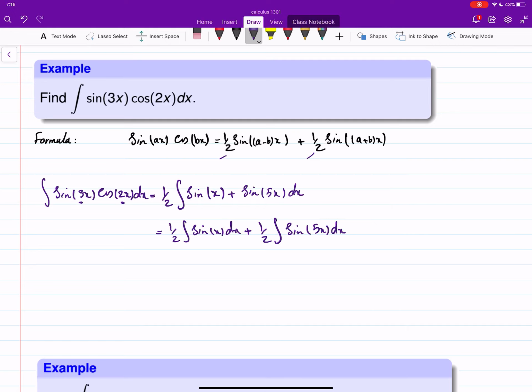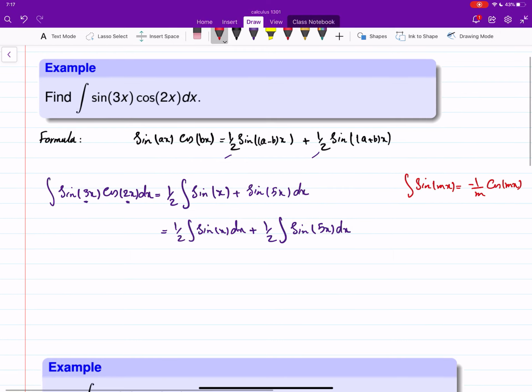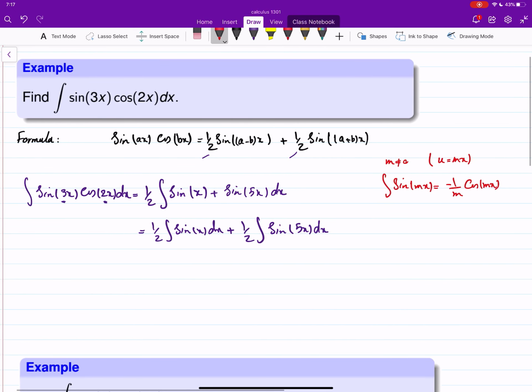Now I can use substitution, or in general, you can say that the integral of sine of mx is equal to -1 over m cosine of mx, where m is non-zero, using substitution u equal to mx. So you use one substitution for the first one and then for the second one, and the result will be